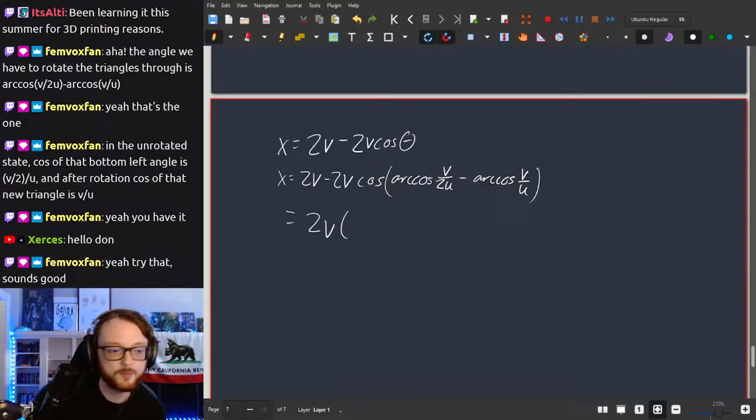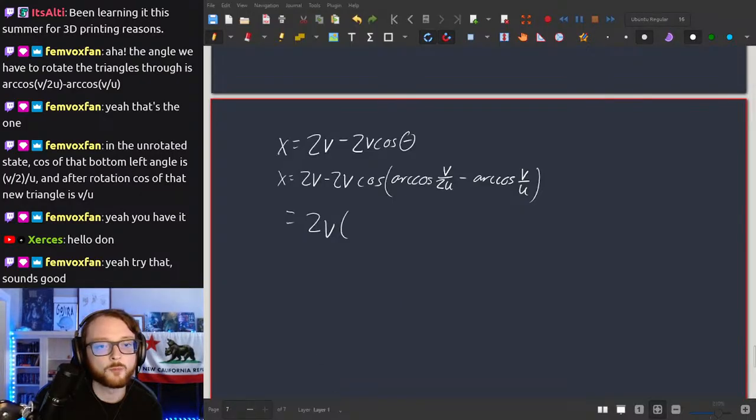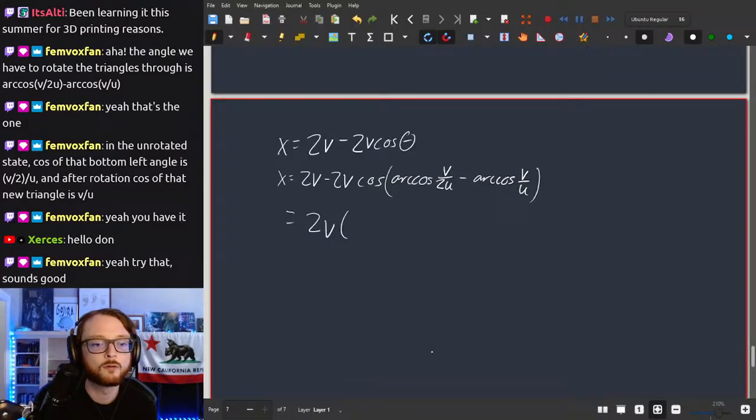Okay, let me just look up the formula. I think it's cosine cosine plus sine sine. It sure is. I'm not going to write out every last step here. v over 2u times v over u plus